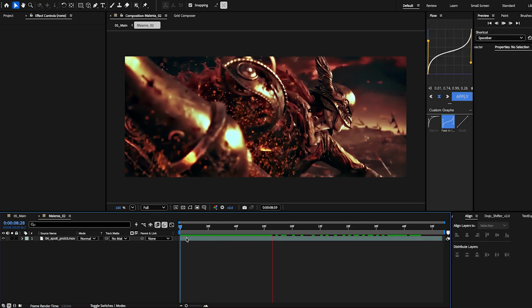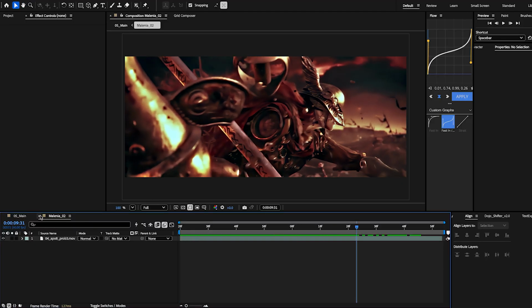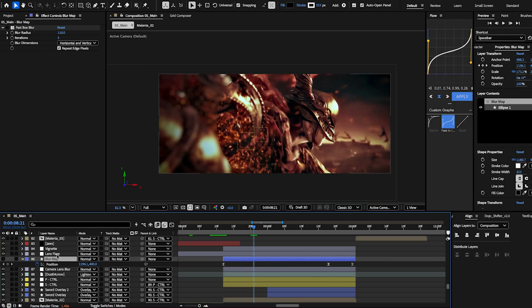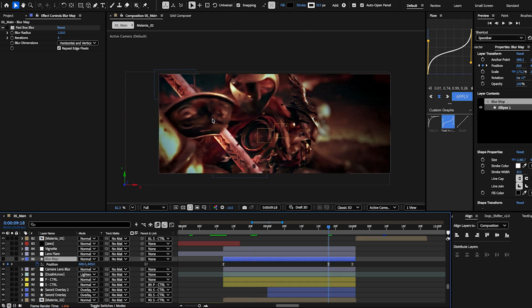So we've got two different motions. We have her face being shown, and then we have this blur map going from showing her face to showing the focal point of her sword popping up over here and dragging the viewer's eye from here to here. I know I'm kind of repeating the same thing over and over again, but